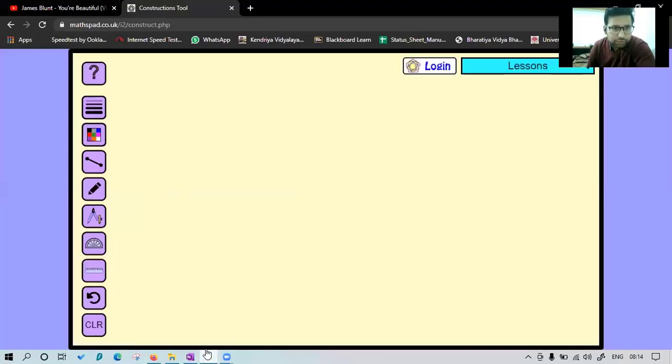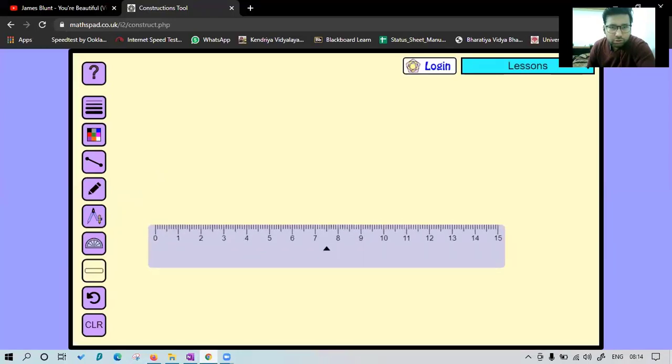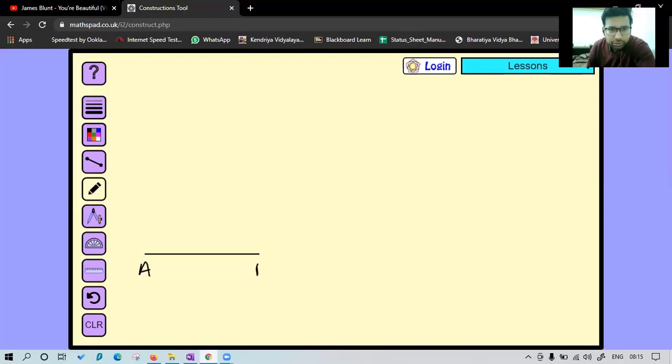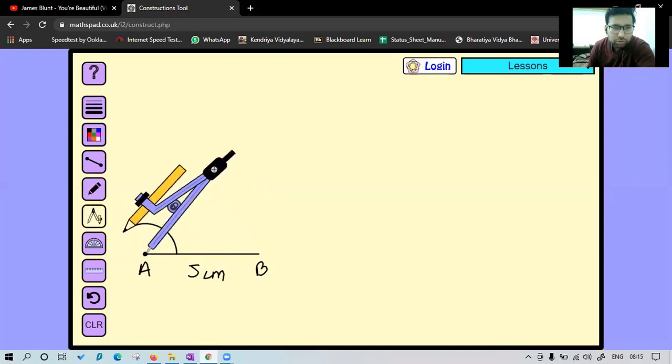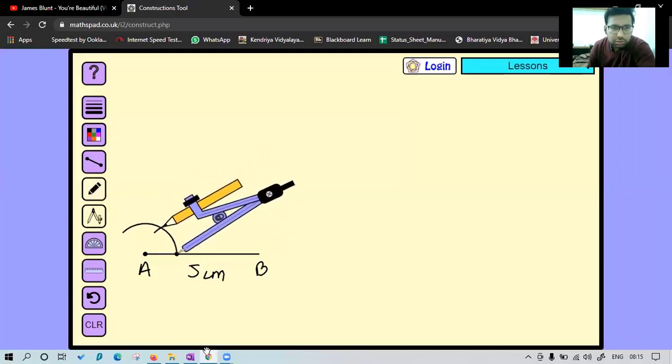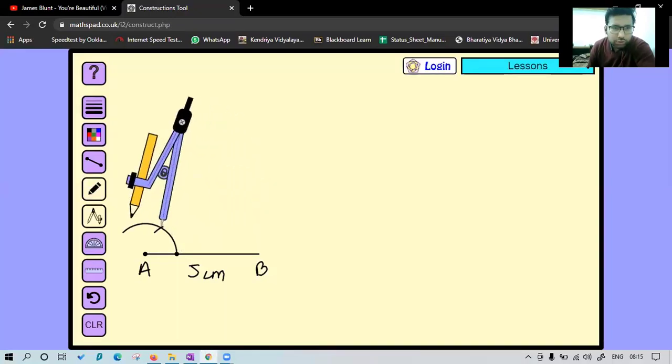Let's draw base 5. So first we will draw the base equal to 5 centimeter like this, and I will call it A, B, and I will write also the dimension is 5 centimeter. After that we have to draw a right angle. Very simple. Just draw a semicircular arc or a smaller arc also will work. Then go for 60 degree. Then go for 120 degree.